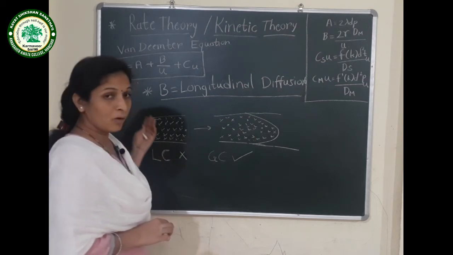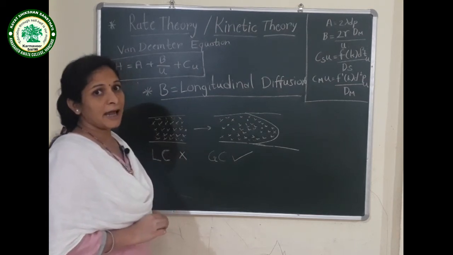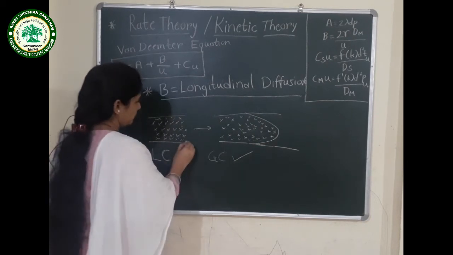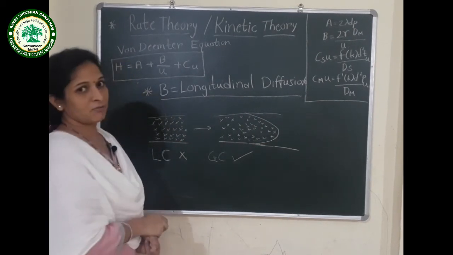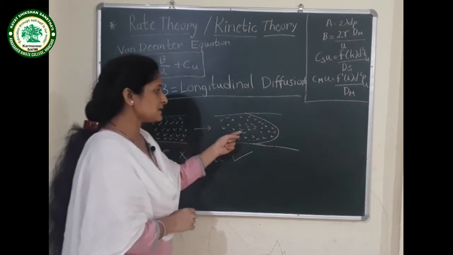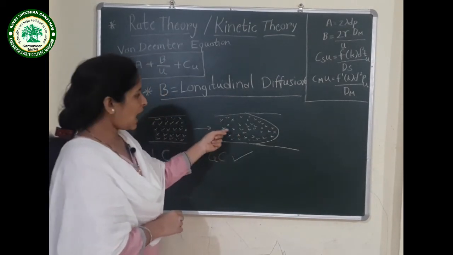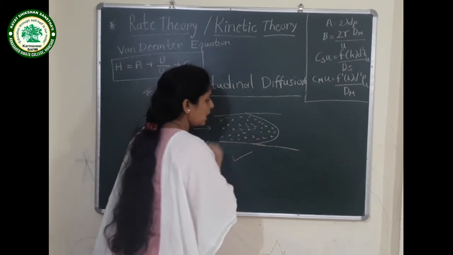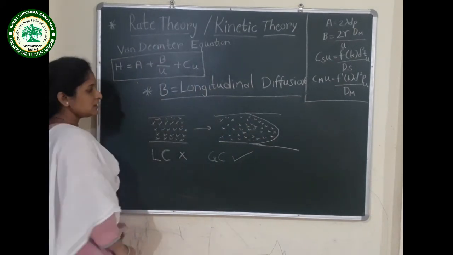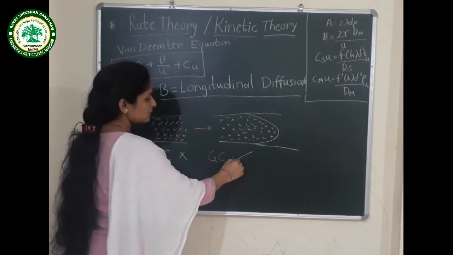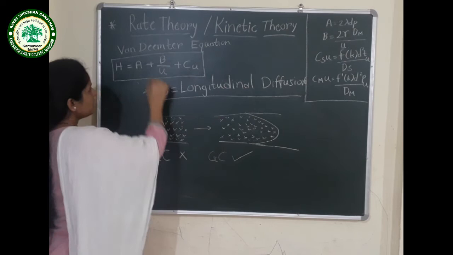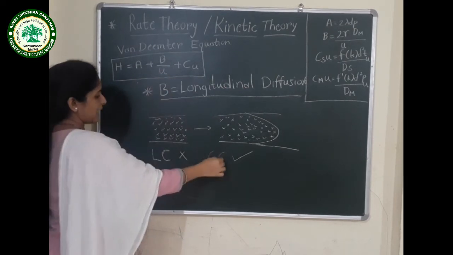It will spend more time in the stationary phase. That's why they will come with less velocity. But when we put gas as a mobile phase, there is a high velocity of the gas molecules and we observe the turbulence effect. This turbulence effect is observed in gas chromatography. Therefore, the Van Deemter equation is as it is in gas chromatography.